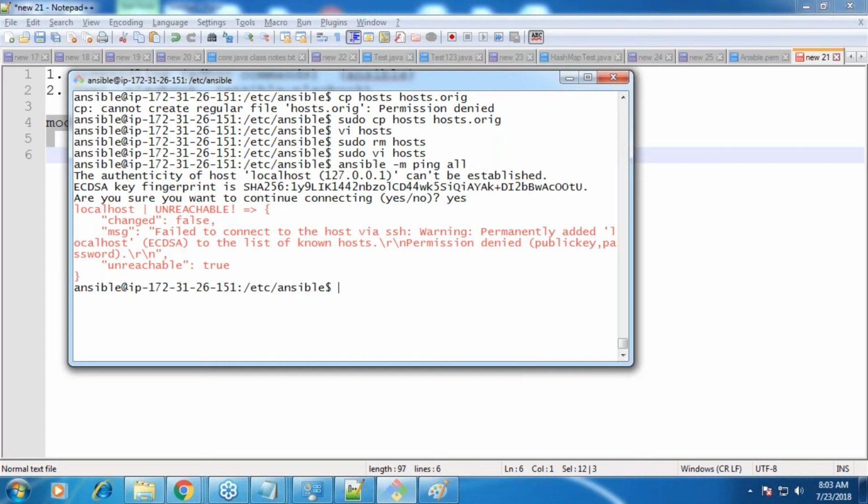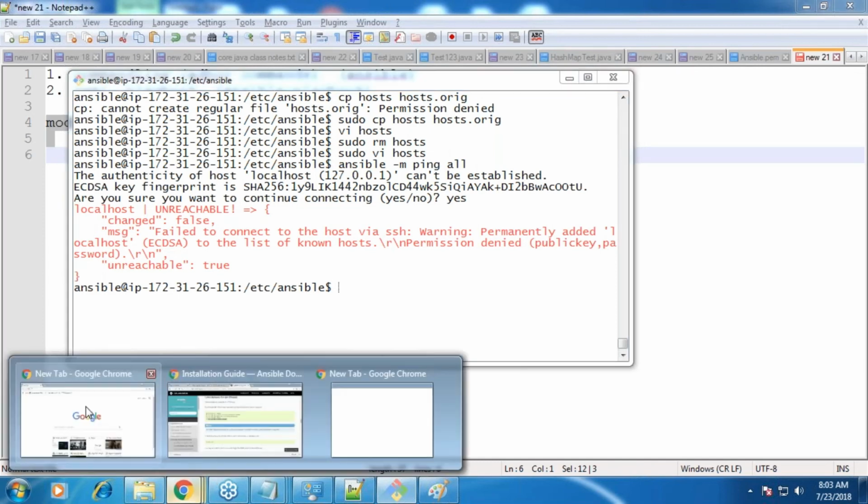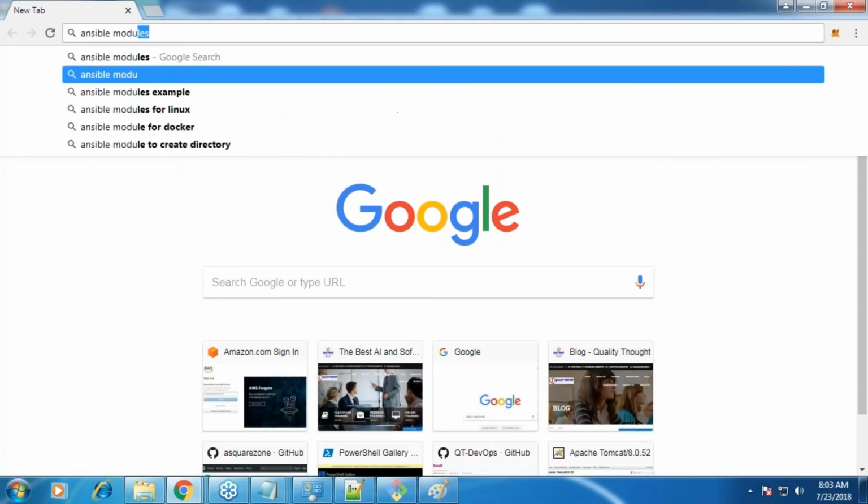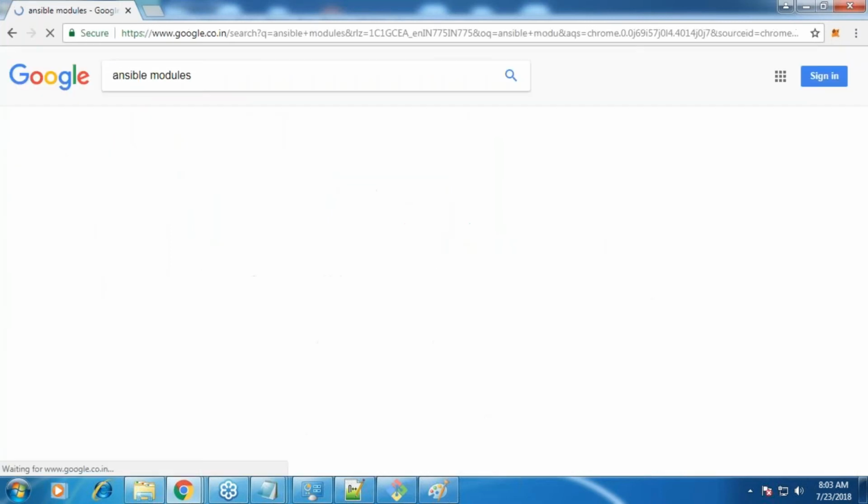-m is module. So before we use Ansible, we need to know the whole list of modules which we have and what are the most commonly used modules. So let me go over here and just do a simple query, which is Ansible modules.